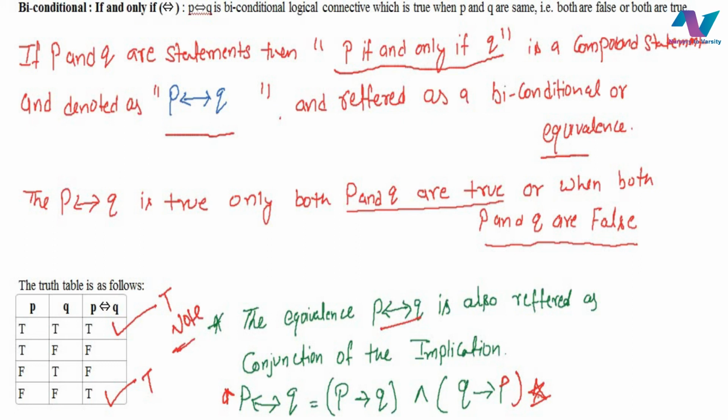We usually know that OR and AND are simply like the operations of addition and multiplication, but in the implication there is only one condition, where P is true and Q is false, in which we get false. And in the bidirectional, if both P and Q are in the same condition, meaning if P and Q are true then we get true, and if P and Q are false then we also get true.